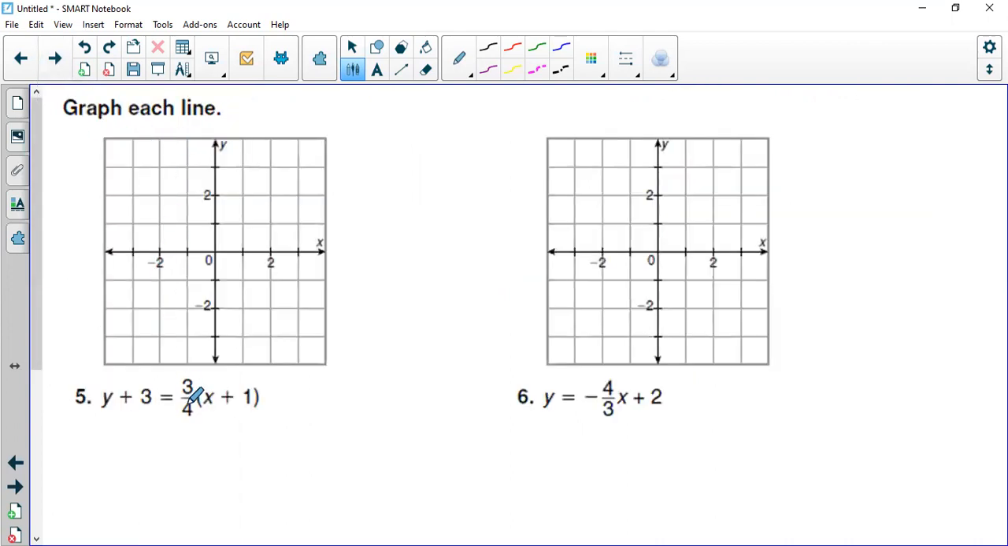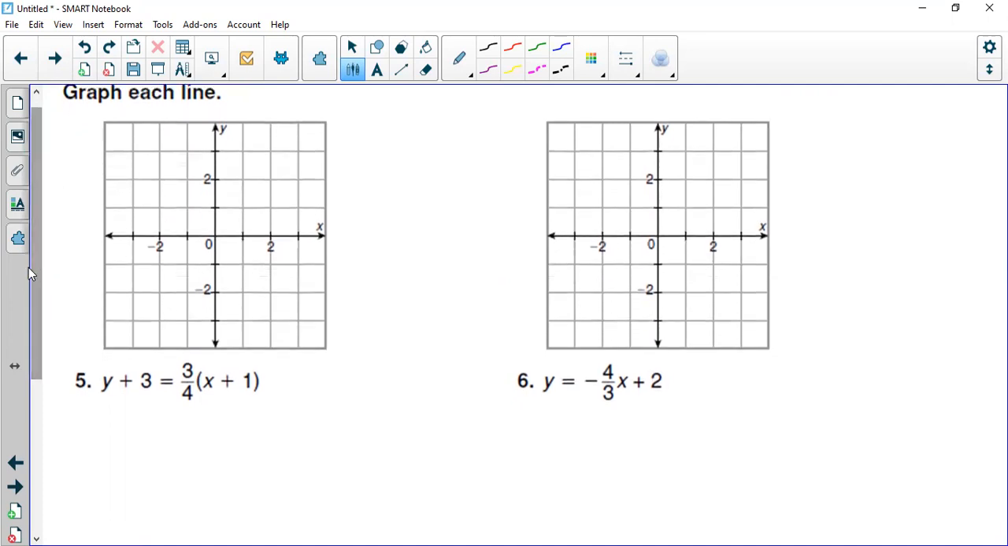Now here they have asked you to graph each line. When you are going to graph each line, what's more important are the coordinates and the slope. Here they have given us this in point slope form, which means from the equation itself, derive the information which they have given. The slope is 3/4,